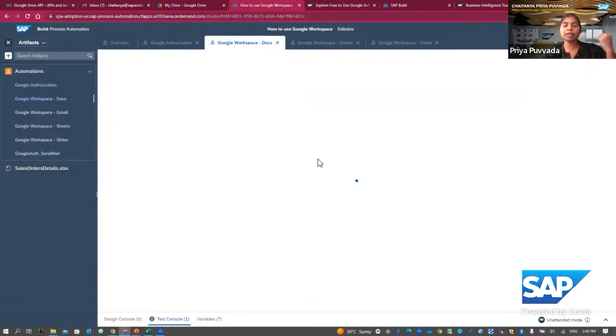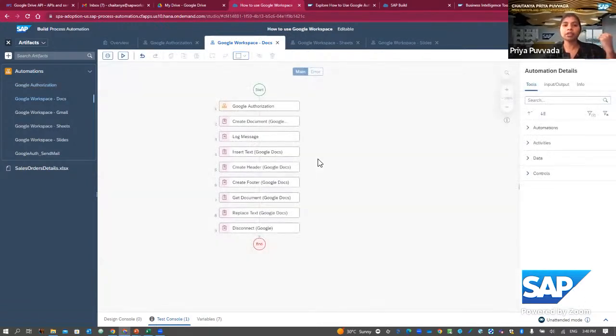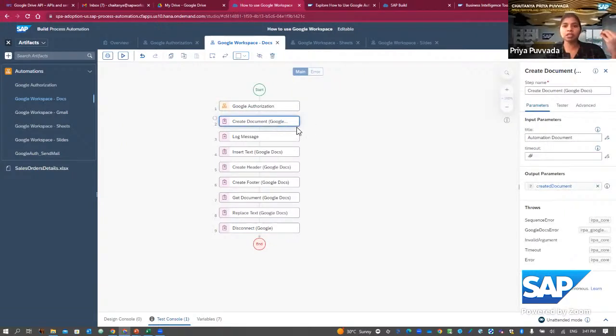So the Google document, let's see the demo on how you automate Google documents. The first step is always authorization. Once you're authorized, the subsequent steps can include automating any of the workspace products. I've authorized, and in this automation, I've built where you create a Google document with the name automation document, and